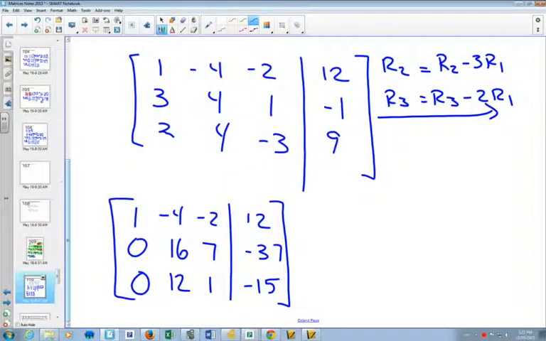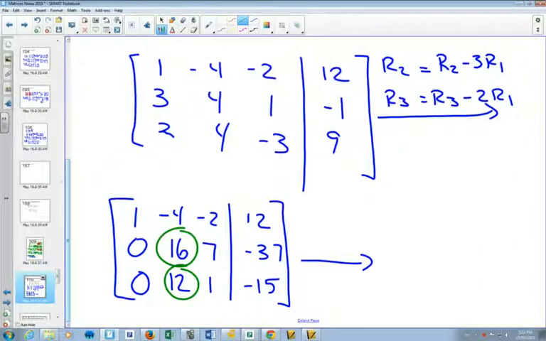Okay, so here is where we run into a bit of an issue. We've got a 12 and a 16. They're not very nice. If we try to make any of them smaller by dividing, we're going to deal with fractions. Like you could divide 16 by 16, but then you'll have 7/16 and -37/16 as a possibility. So what I'm going to try and do right now is get these numbers here to be the same, sort of like a lowest common multiple between 12 and 16,